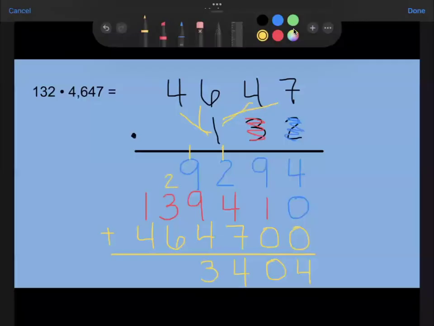2 plus 3 is 5. 5 plus 6 is 11. So I'm going to put a 1 here and regroup that 1. And then 1 and 1 is 2. 2 plus 4 is 6. So there is my final answer,